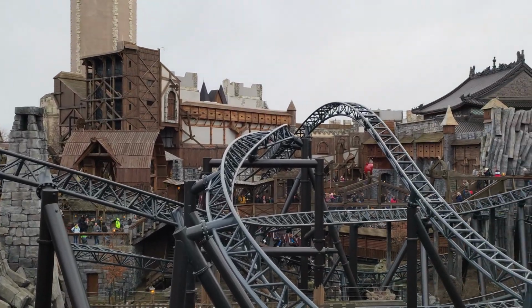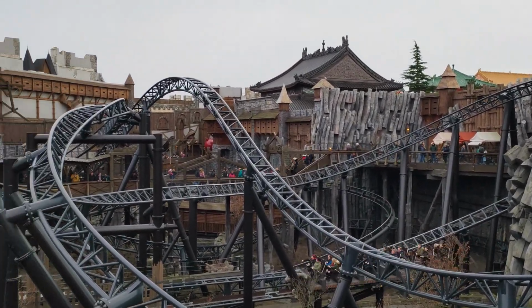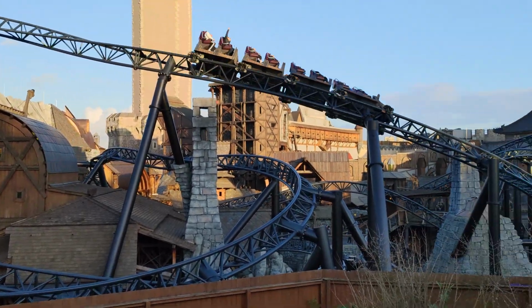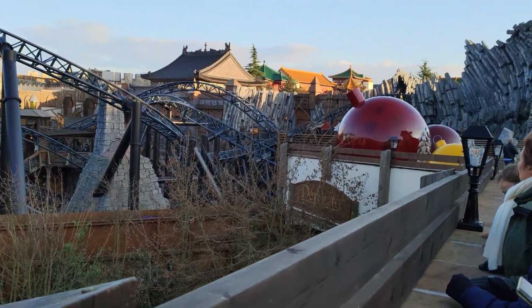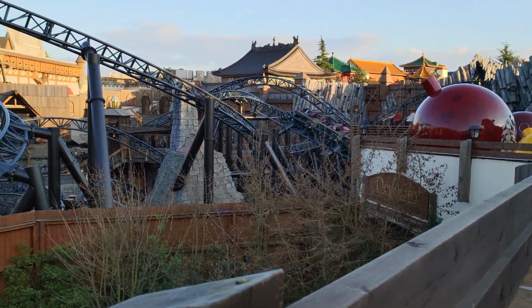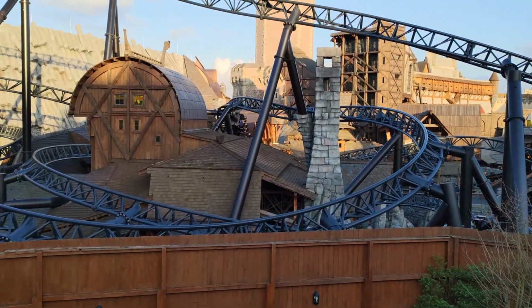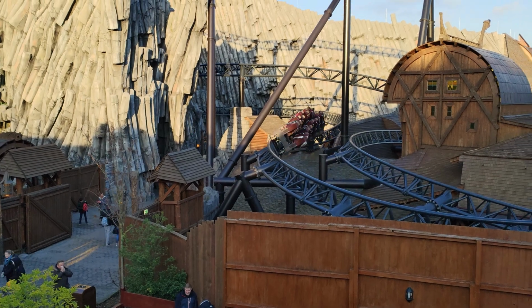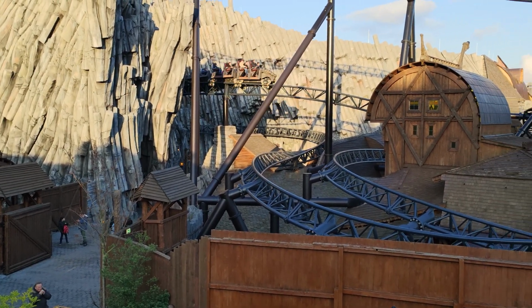Taron is another modern Intamin multi-launch coaster that some would find comparable, but to me it's a very different beast. Taron is all about twisting in and out of the amazing scenery as you tear around the track low to the ground at high speed, and its second launch, particularly at night, is one of the greatest moments on any coaster. But Pantheon has such a different layout, again with much more drawn out elements, without the rapid changes of direction. They're almost too different to compare, but if you forced me to pick, I'd probably have to go for